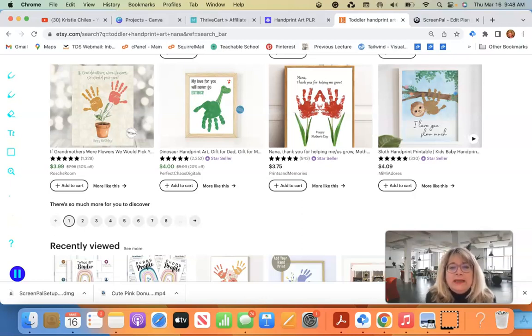One really best-selling niche that I have heard about lately and have begun to make and list in my own Etsy shop is hand art or handprint. I used to be a first grade teacher, and I know how parents and grandparents love to get these as gifts. So if you think about how many toddlers there are in the world, how many grandparents there are, millions,